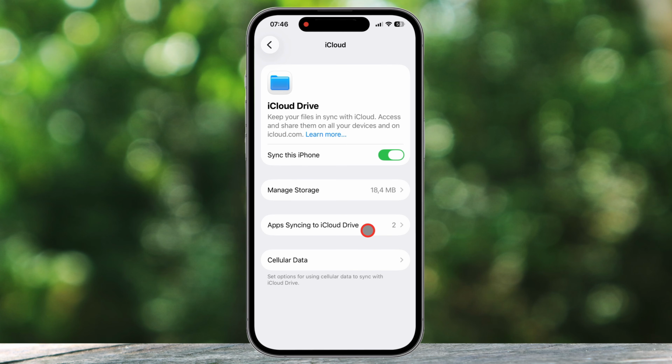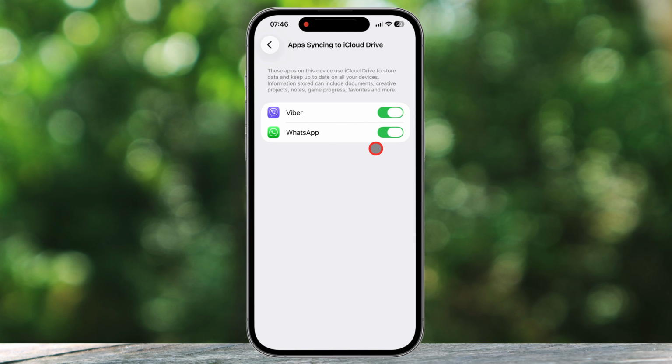This is the key part. Find WhatsApp in this list and flip the toggle switch to off. What you're doing is telling your iPhone to stop letting WhatsApp use iCloud Drive for background data syncing. While this setting is mainly for chat backups, it also seems to disrupt the data sync that puts call logs